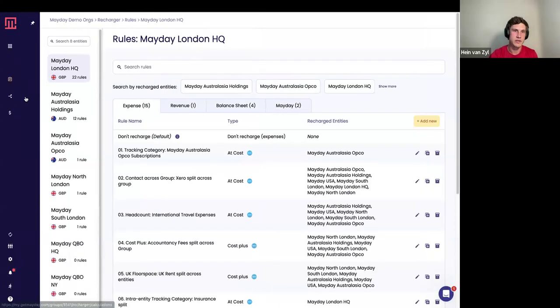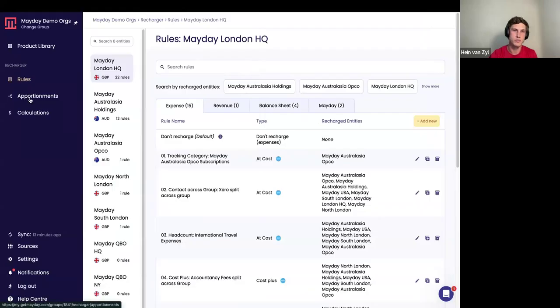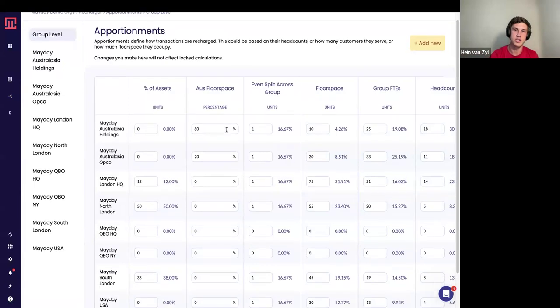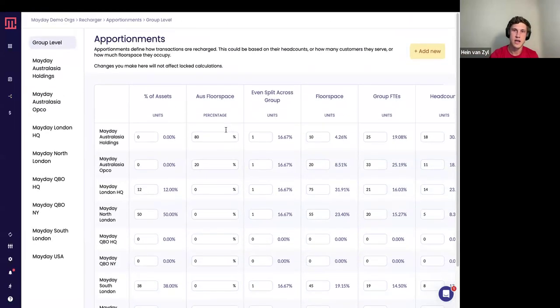Where I just want to quickly cover off settings is in apportionment. So once again, just as a quick refresher, this is where there's an apportionment that you want to base your rules off, that you know you're going to create more than one rule based off of this apportionment, and you don't want to re-enter the same apportionment each time you create a rule. So you can come in here, add a new apportionment, and you can then change this at any date needed. You can also edit the apportionment name at the top here.